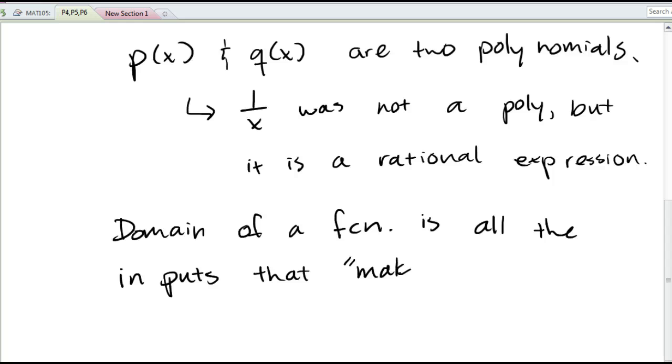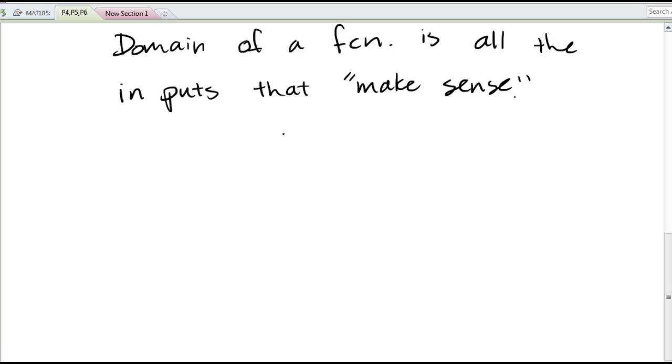That's, again, a little ambiguous, but I'll give you an idea of what I'm talking about. If we have some expression, say we're going to call some function and give it a formula that's a rational expression, say 10 over x minus 3,